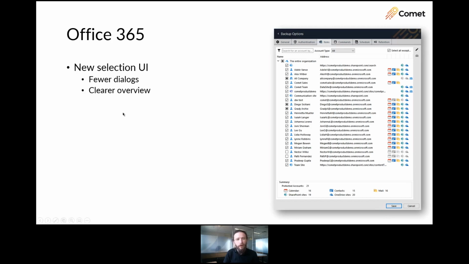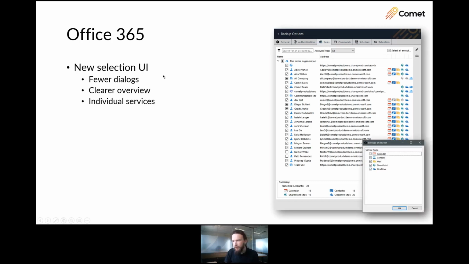There is also a clearer overview. You can see these icons on the right-hand side show you that, for Adele Vance here at the top, we're backing up her calendar, contacts, mail, SharePoint, OneDrive. And we've gone into showing all of this detail because all of that detail is customizable right down to the individual service level. So if you click the edit button or if you double click on a single row, you